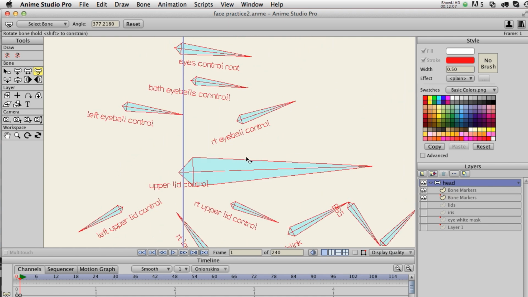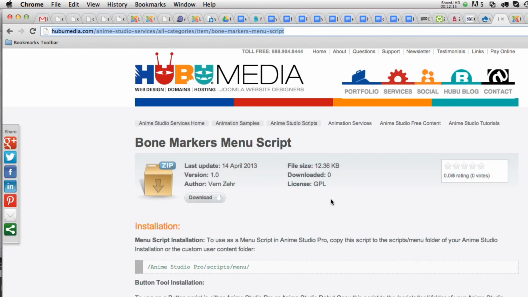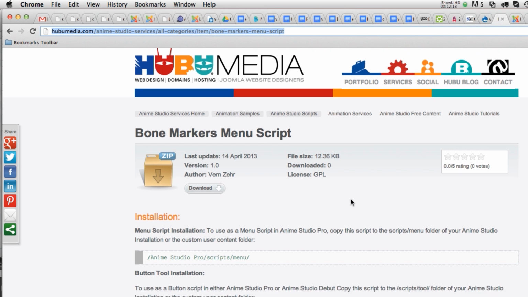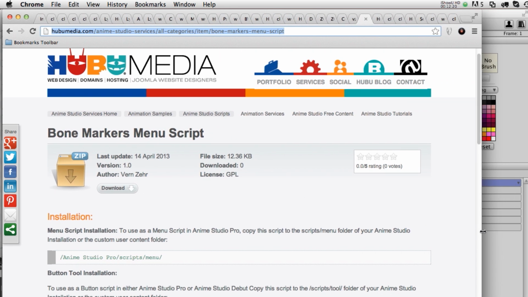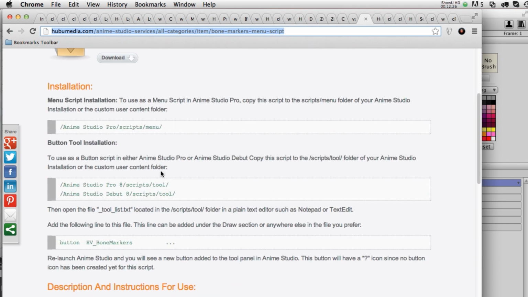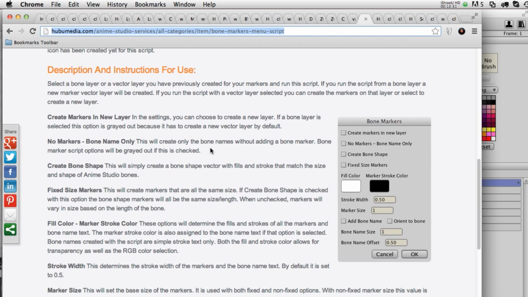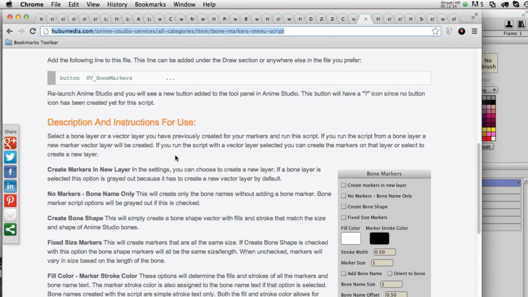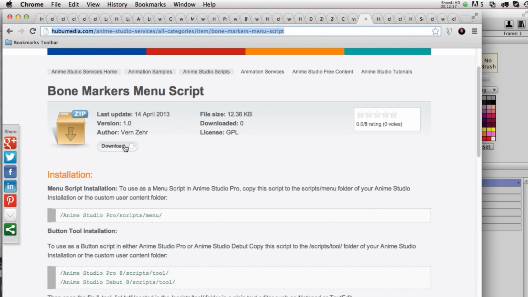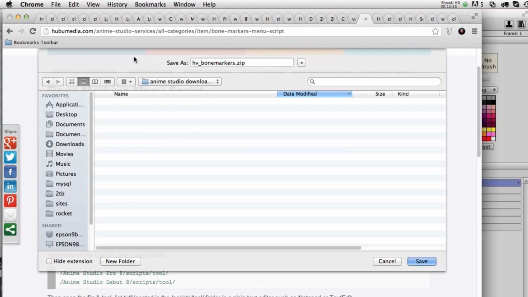Anyway, let's get to it real quickly. I just want to jump to the installation of the script, just to show you quickly how to install it. This is the HubuMedia website. This is where you go to download the script, and we have the bone marker script here. I have instructions set up, and eventually the video I'm creating right now will be on this page. All the explanation for usage is here. And so you would download the file. So I'm downloading this file to my script download folder,